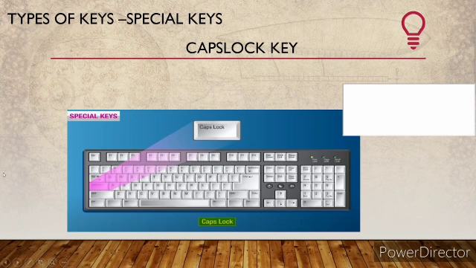Okay, so when we press this caps lock key, this key will be on and off. When the key is on, then all the letters we type will be in capital letter. If the key is off mode, then all the letters will be in small letter. Now shall we try this? Look at here. Now I am going to press the caps lock key. Okay, now it is in on mode.